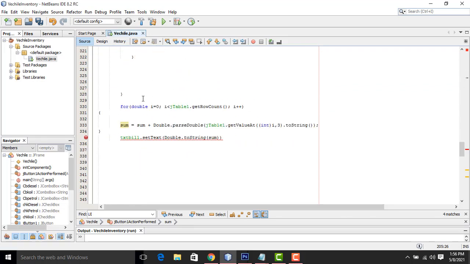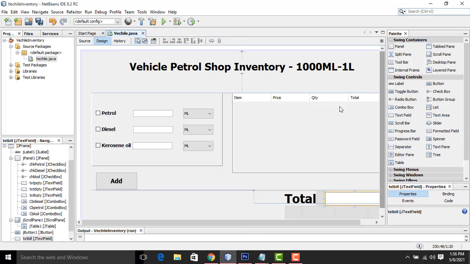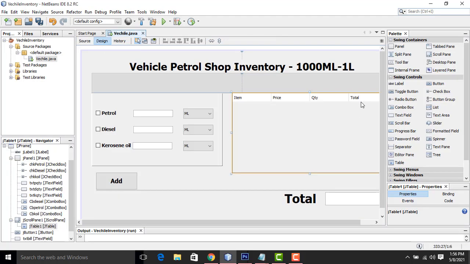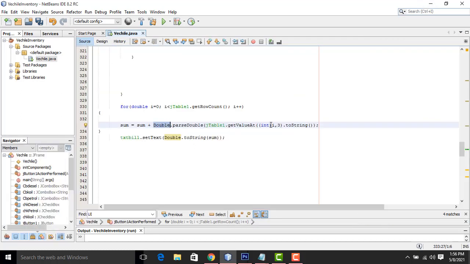Now if you select anything else, it will be converting. So for double, the initial value should be 0. This is the row count of the JTable. What's the row counting? You have to select 0, 1, 2, the third position, so here I will write the third. Sum equals 0, double. What is the value you are putting in the column one by one? It will get the table and calculate the value. After that it will pass it to the text field over here. So let's run and check.